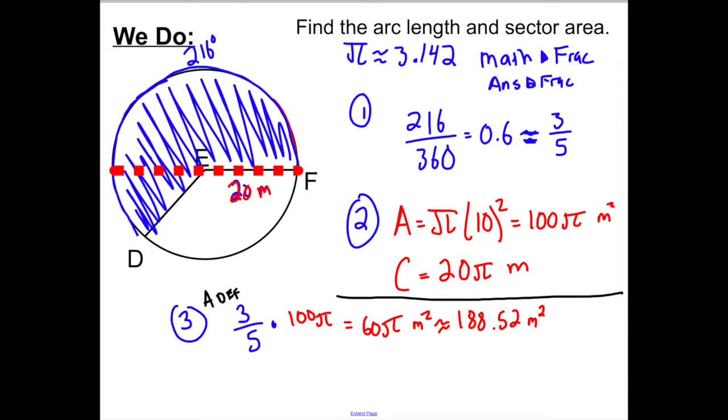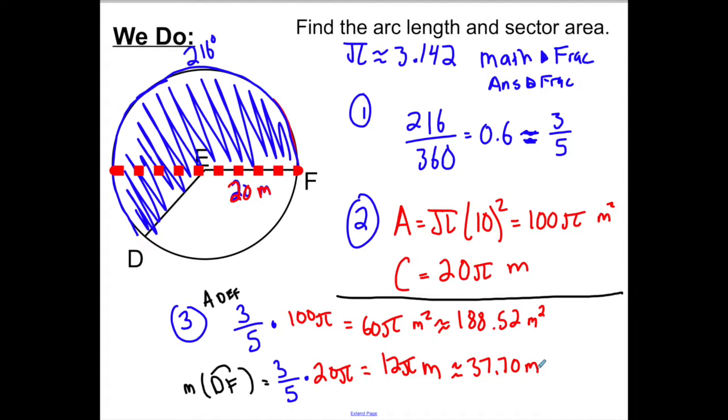All right, now it's time to find the measurement of DF. Okay, so to do that, we're going to start by multiplying what? We're going to do our 3/5, and we're going to times it by what? 20 pi, because that's the total circumference. Okay, so when I do that, I get 3/5 of 20, and I can do that on my calculator, and that's 12, so I should get 12 pi meters. And if I want to do an approximation, I would take 12, and I'm going to multiply it by 3.142, and I get about